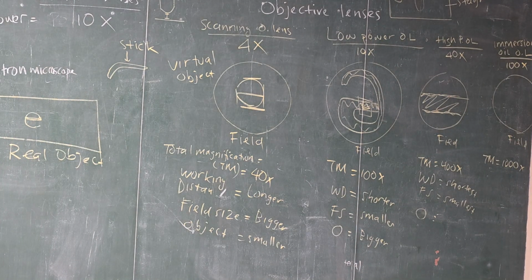Okay, this is what you're gonna do. Maybe one of you make this and then bring it to your table and then start looking for it. So what you're gonna do? Take one slide, and put 1 or 2 drops of this solution. This solution is called the methylene blue. It will color the cell blue. Why do we have to color the cell? So you can see it, because the cell is mostly transparent. You cannot see it without painting or dyeing it. Now put one drop like this.